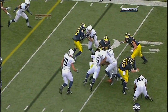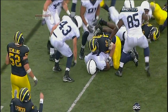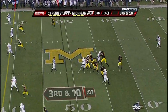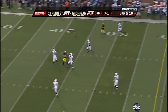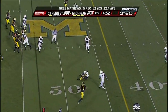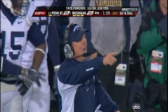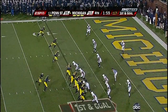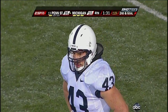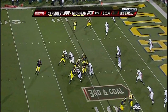3 turnovers. But the bottom line is, play in and play out, Penn State physically whipped the Michigan offensive front. They have a great tradition of defense. Penn State in the top 5 in the country each of the last 5 years in total defense and scoring defense. And they've shut down the top scoring team in the Big Ten here today. This Michigan bunch was averaging 37 points per game. The Nittany Lions held Michigan to season lows in yardage and points and dealt the Wolverines their first home loss